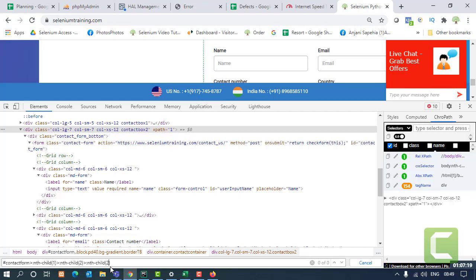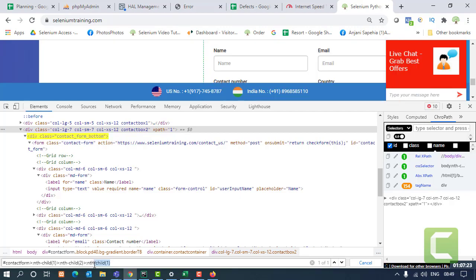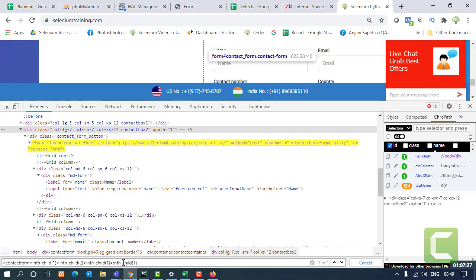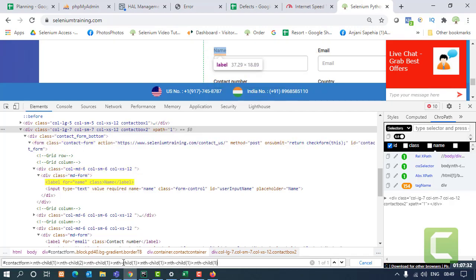Here I am. Then again I have to go inside. Again. Now over here, I again have two different tags. One is the label tag, which is informing me what this text box is for.